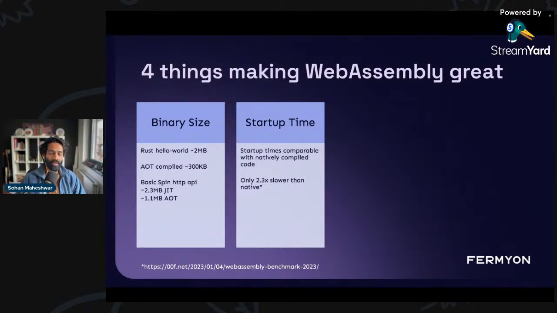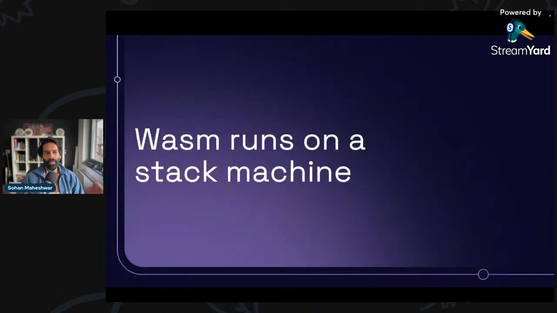The aim always was to get as close to near native performance as possible. And we're actually seeing, with Rust itself, it's only about 2.3x slower than native, which is very impressive if you start comparing with other frameworks that exist out there. So the reason WebAssembly works in startup time, and this is the deep dive again, is how it is actually built. WebAssembly runs on something called a stack machine, and it is a bytecode format for a stack-based virtual machine. We're going into the weeds of computer science here, but I hope you'll like this.